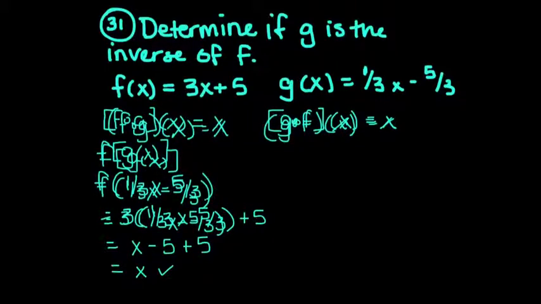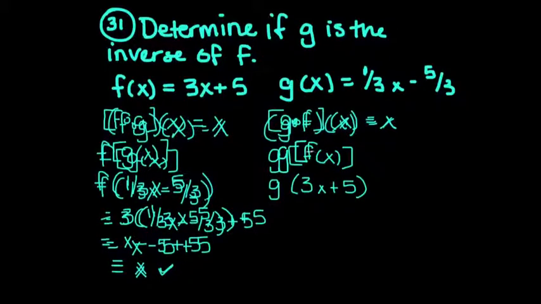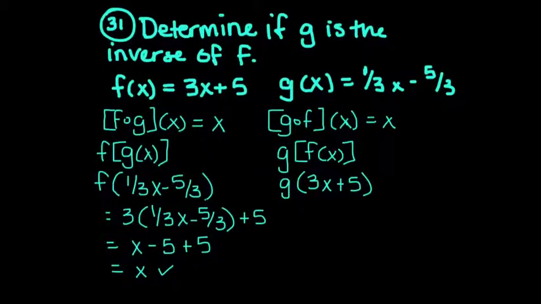For the composition g composed with f of x, that means taking the function g and evaluating it at the function f of x. So I'll take that function g, and wherever I see the domain value, I'll plug in the function f of x, which is 3x plus 5. So I'll take that function g of x, and instead of writing 1/3 times x, I'll write 1/3 times 3x plus 5 minus the 5/3. So that gives me 1/3 times that quantity, 3x plus 5,